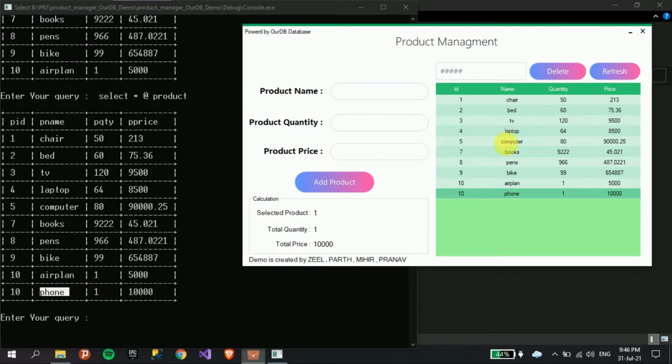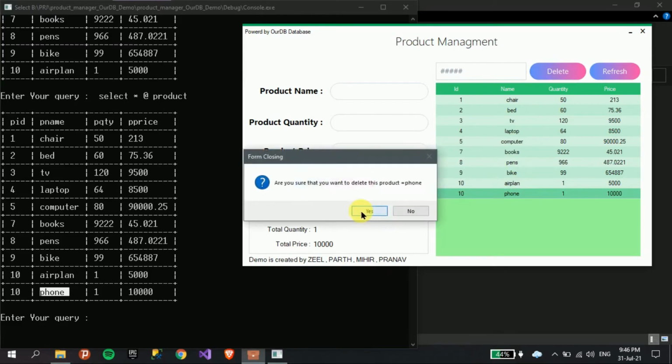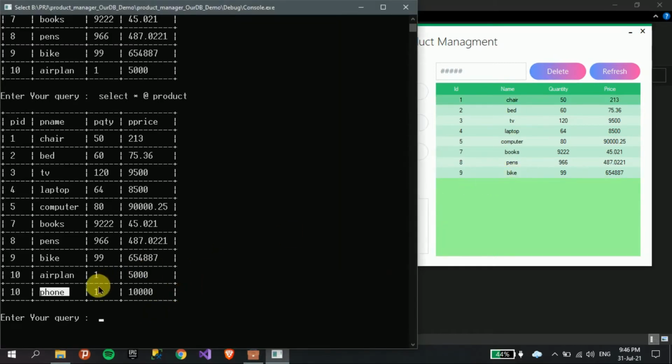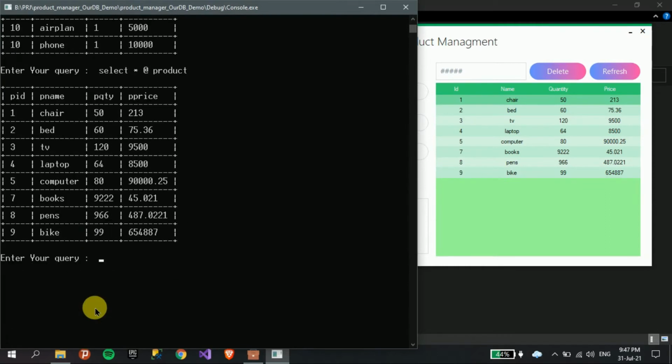Now if we delete the newly added item, we just have to select it and delete, so here the data is deleted. Here also the data is deleted. As you can see, the data is deleted.